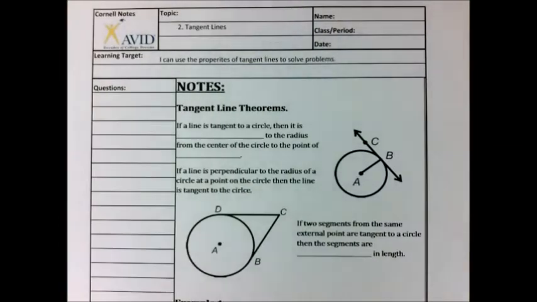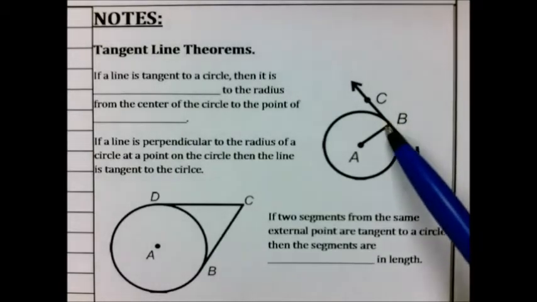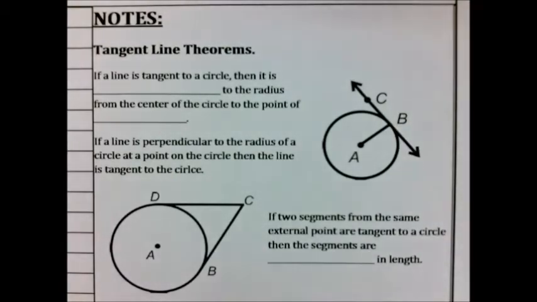properties of tangent lines to solve problems. Alright, so there's a couple of theorems about tangent lines that we want to go over real quick. The first one is that if a line is tangent to a circle, remember tangent means that it passes right at one spot on the edge of that circle, right? Right here. Then it is perpendicular to the radius from the center of the circle to the point of tangency,